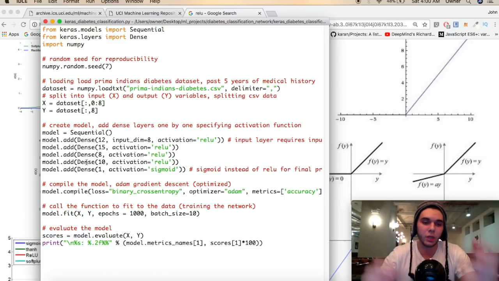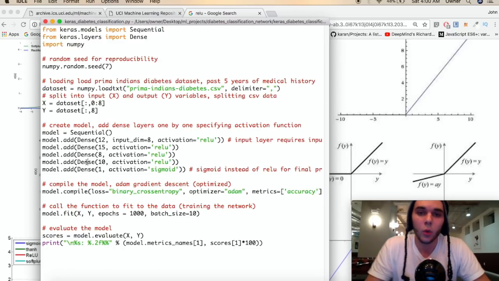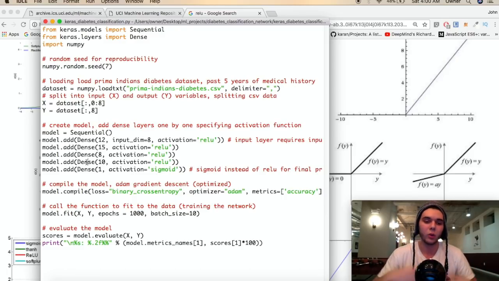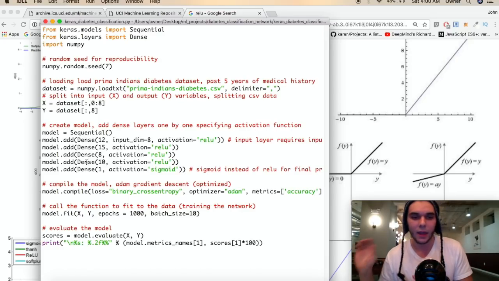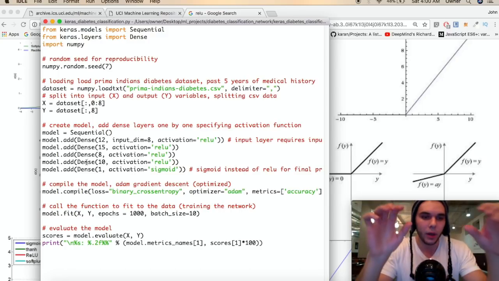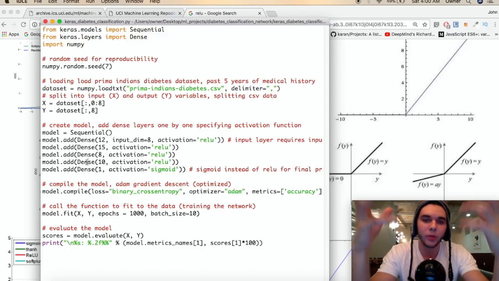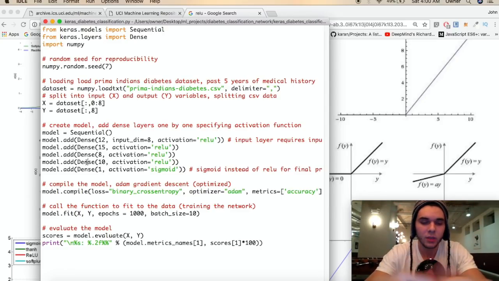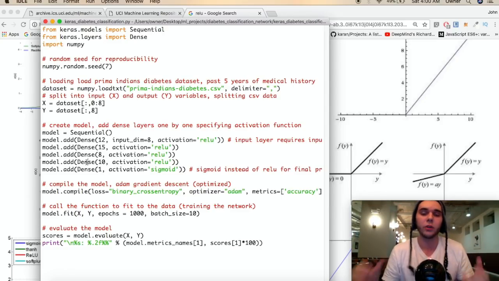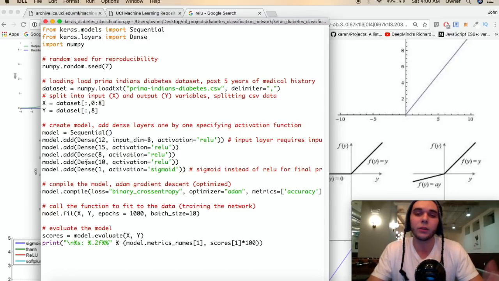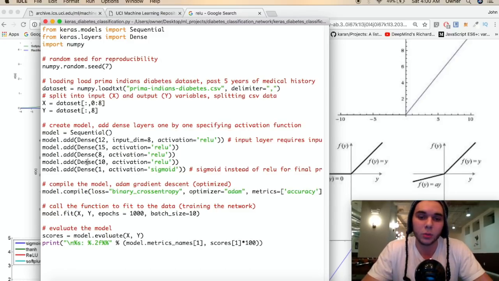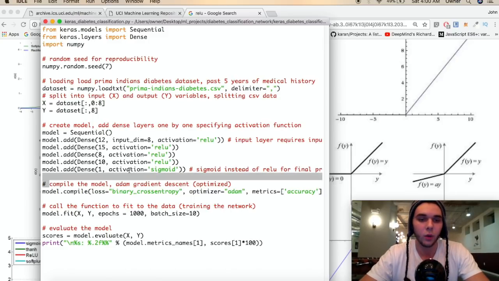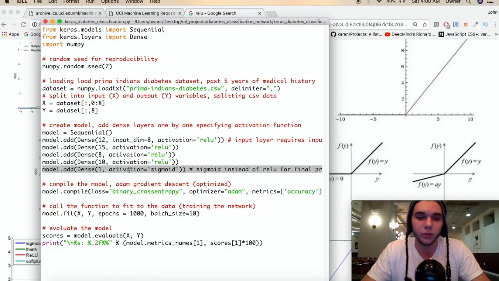ReLU activation function, passing it on to our final layer, which is the layer which is going to map the value between 0 and 1. So in this case, this is our output layer, or what you might hear called Y hat. Again, we'll talk about that in the next video. Don't worry about Y hat for now. But in this case, this is our output. This is the value that is our model's answer for how likely, based on that health data, that person is to be diagnosed with diabetes in the next 5 years. Okay, so we go ahead and we have a sigmoid activation function for this,